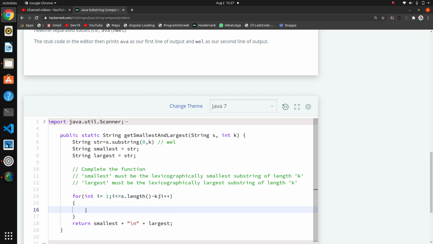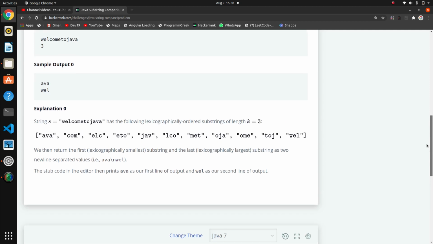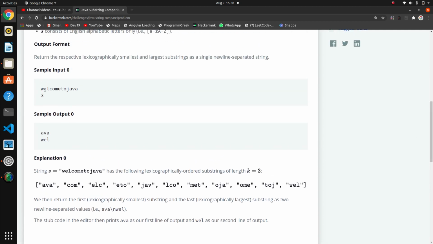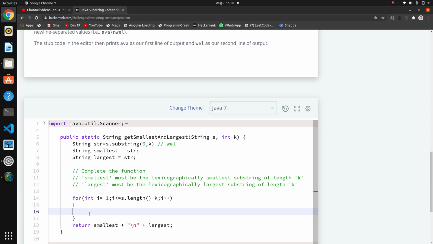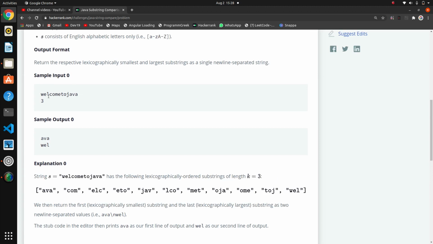Now we are taking the substrings into a variable. I will not take a new variable, I will assign the str with the substring that is coming. So in str, s dot substring. Now how can we find elc? Our i is 1 plus k.